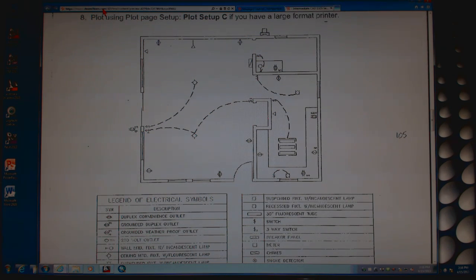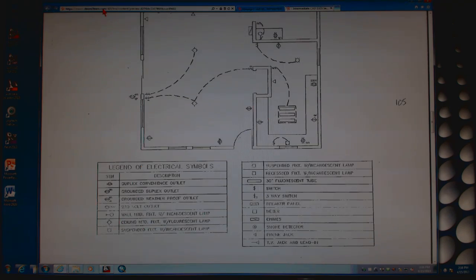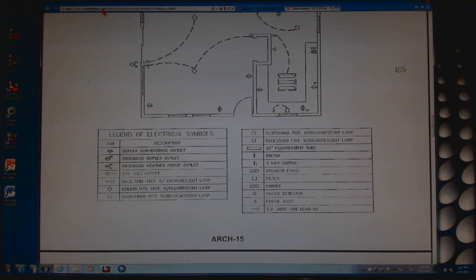I'll tell you, this right here, some people can't see it and can't tell what it says. That says GFI, that says 220 volt. That says GFI, GFI. So if you can't tell what they say, come to me and I'll help. Once you print it out, I have it in my